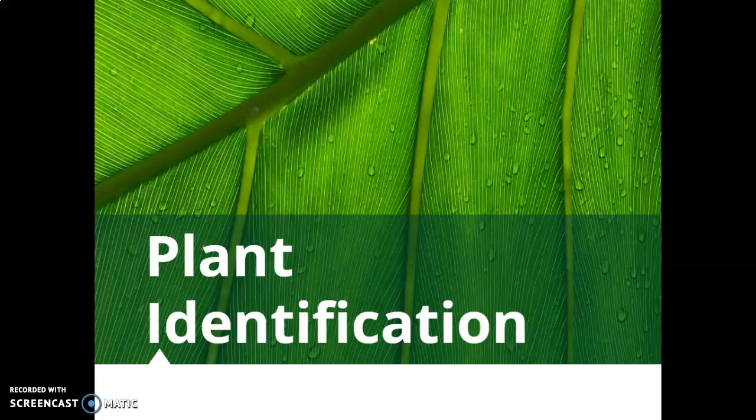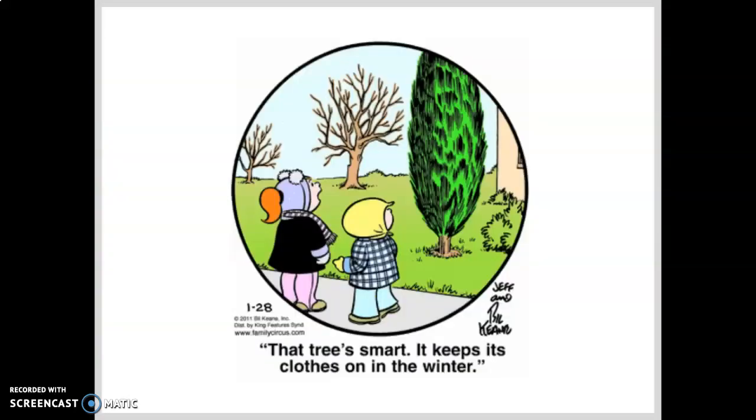So this is your lecture on plant identification, specifically tree identification. You're also going to be able to do some identification of flowers, but this one is going to focus mostly on trees and leaves. And so the goal is to be able to use characteristics of leaves to identify trees using the dichotomous keys. And so we should be able to tell mainly the difference between the different types of